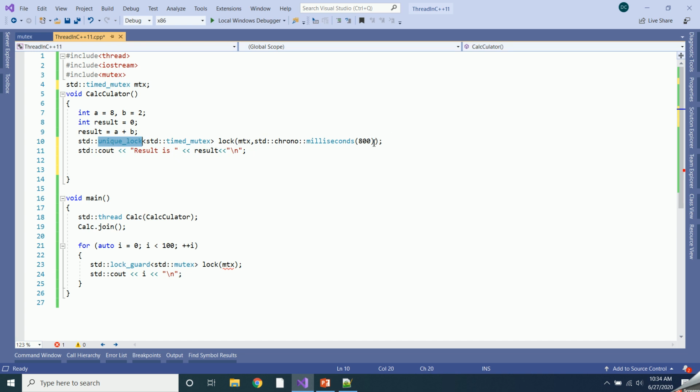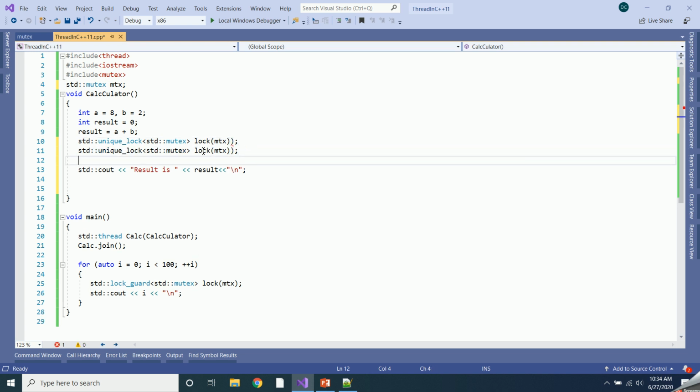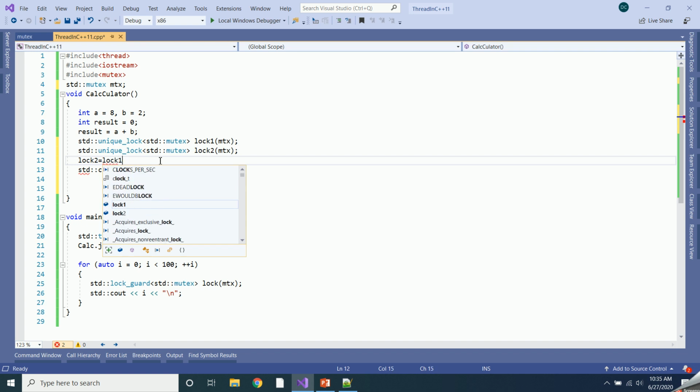What I mean by this is, suppose you have two locks, lock 1 and lock 2, and you want to assign lock 1 to lock 2.